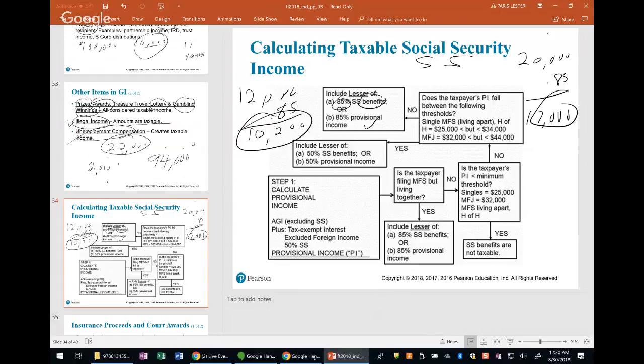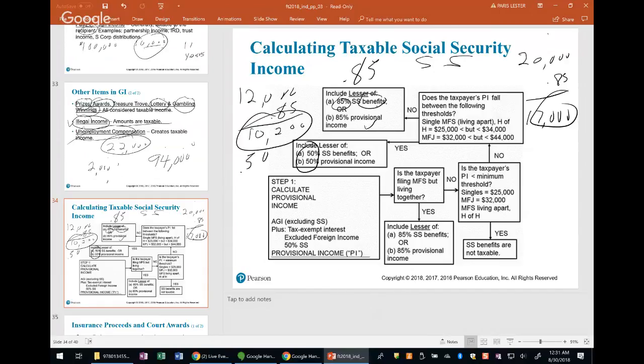Does the taxpayer's personal income fall between the following thresholds? All right. Head of household 25 but not 34. Married filing jointly 32 but not 44. If yes, include the lesser of. Now look at this one. In some cases you're taxed at 85%. Some cases you're taxed at 50%. So we got to know those as we go along. But here, if you fall in between,